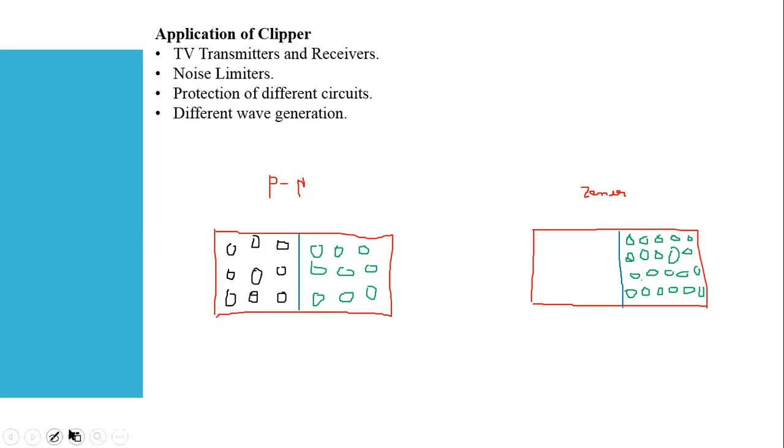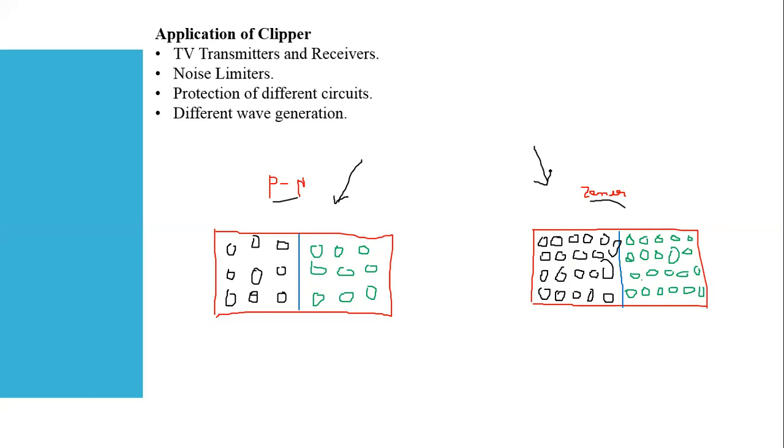Similarly, on the P side, these are the holes. These are the holes that are also heavily doped. So more impurities are added. So I hope the first point is clear to all of you: if you compare the Zener diode with the PN junction diode, then this is lightly doped and this is heavily doped.